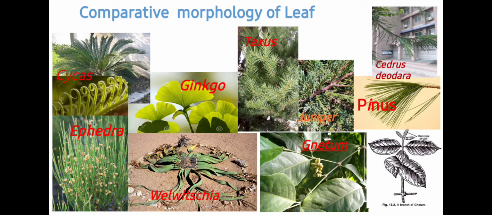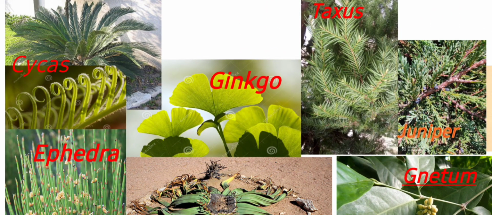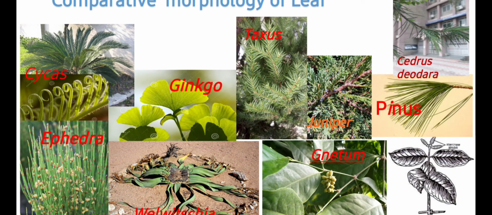Before we proceed to the comparative anatomy of leaf in gymnosperm, let's have a quick watch on the comparative morphology of leaf in gymnosperm. Students, because anatomy is based on the morphology of the leaf, we can see that the leaf in case of cycas is compound and at young condition leaflets are highly coiled. While in ginkgo you will find a flat simple leaf that is bilobed and it generally resembles adiantum leaf, so we call ginkgo a maidenhair gymnosperm.